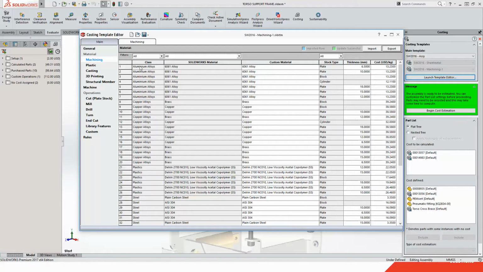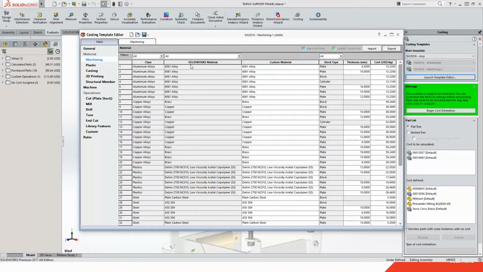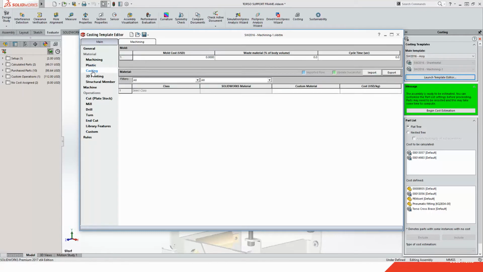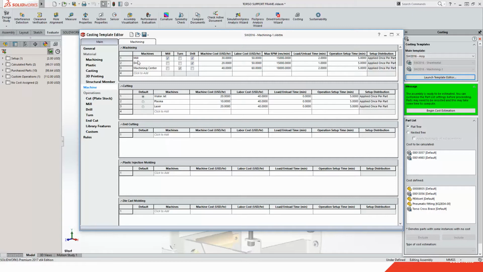This falls through with machining all the way through the materials that you might use or have on hand. If you get down into plastics, we're talking about whether you use hot runners or cold runners and then specific materials there as well. I've got a couple others that are a little bit more rich than the one we're looking at right now. But we also talk about the machines that you have on hand. You want to list the machines that you have, what their capabilities are, and what their particular values happen to be,